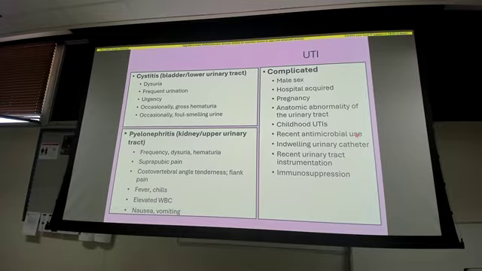Now, this will vary depending on male sex. Some people say that if a male has a UTI, it is automatically classified as complicated. Some say that it is not. So depending on what your ID department has decided at your MTF, that is what you go with, okay? Some will say automatically a man got a UTI, it's complicated, we're going to treat it in a complicated manner, whereas if a female has one, they're going to say, oh, it's uncomplicated, unless she's